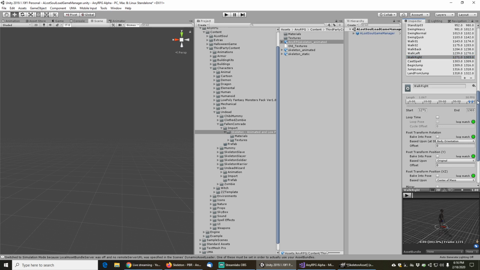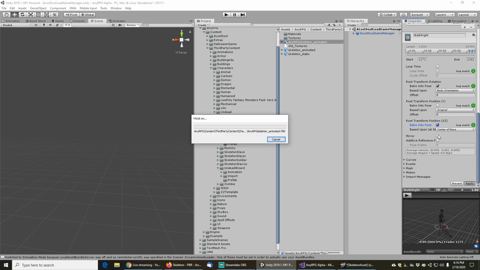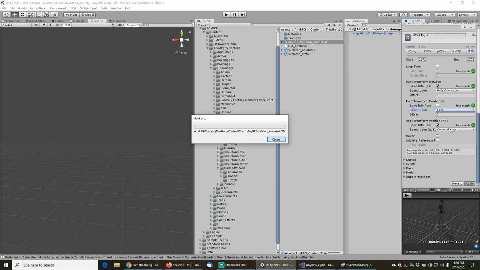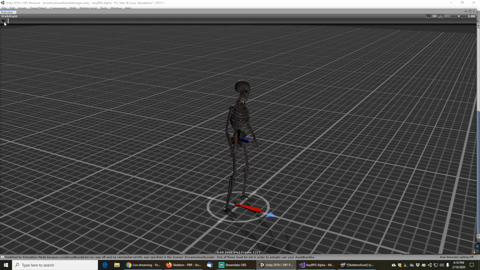And then walk right. Yeah, gonna set the end frame to 1302. Set y to feet and apply. And actually, to be honest, I don't think we actually want to bake in the position to this one. Let's try that. Because with the walk ones,